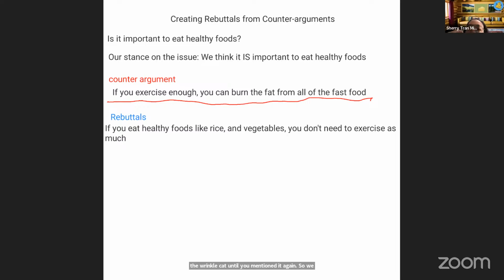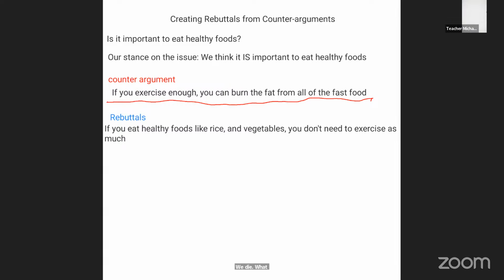So who can think of a rebuttal to the counter argument? We need to think of reasons why this argument is wrong. Because when you don't eat the healthy food, you will be unhealthy. Good. You will die soon. You will die with so much fast food. Very good. Okay, so